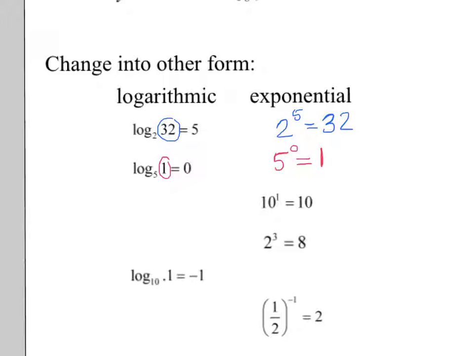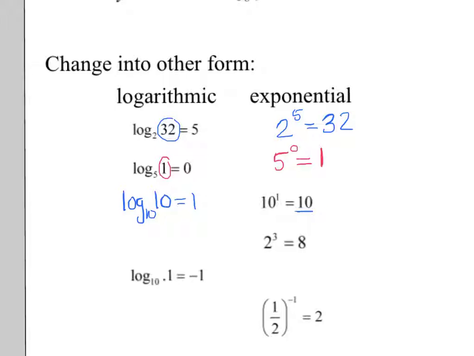Now the next one, we're going the other way, so we're given an exponential. So let's see here. The base of my exponent is 10, so we're going to write log base 10 equals the exponent of 1, and inside the logarithm is what it equaled over here, so it's going to be 10. So we've got log base 10